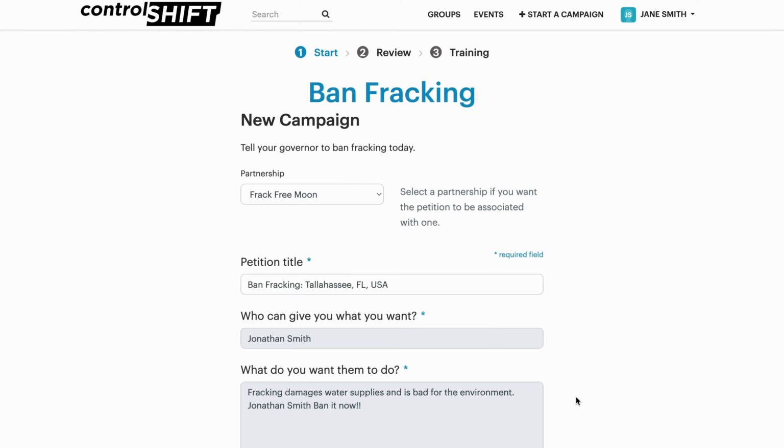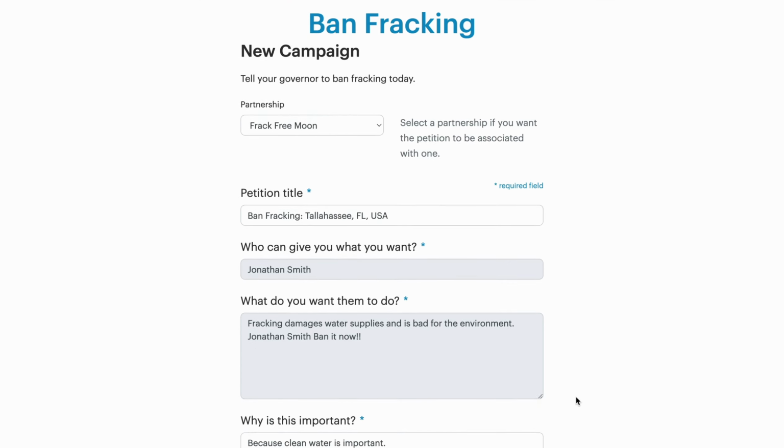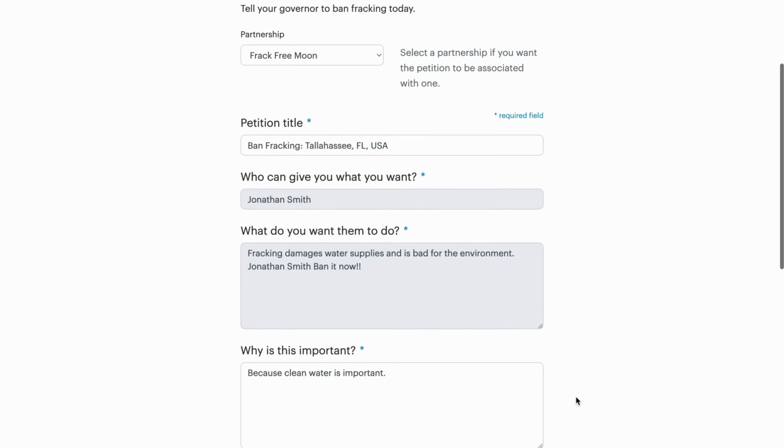At this point, I'll be brought to the review text. You can see that the information I entered in my decision maker record has been added to the default text that was set up by administrators. The name of the decision maker is pre-filling as well as the location. As with someone who's agreeing to lead a campaign targeting an admin-chosen target, I may have the ability to make some edits to petition text if the organization decides to grant me that privilege.